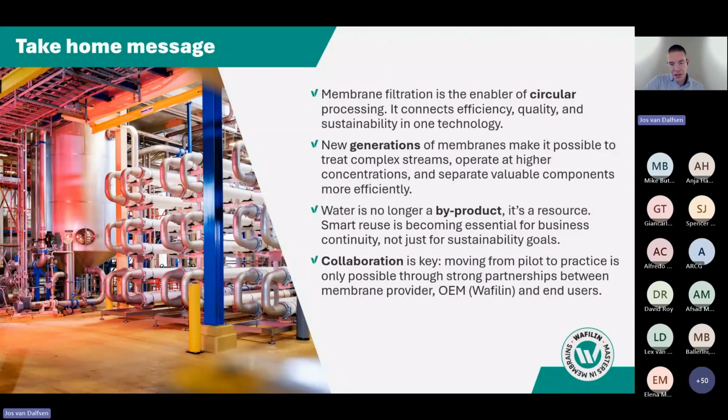And in the last case, I think that's key for us as well. Collaboration with membrane suppliers like Berghof for this application, but also for other applications is key for us as well. And also, of course, with the end user, our customer in this case, allowed us to test and validate a system first in a containerized unit, but then also allowed us to upscale from these pilot trials to a full-scale system, resulting in still one of our biggest projects in the Netherlands, and quite a good case to present to our other customers as well, to convince them that membranes can be of value in these kind of applications.